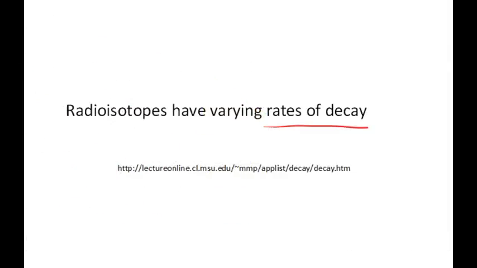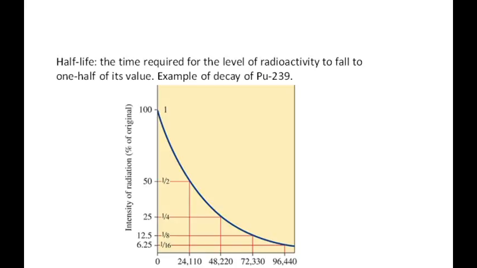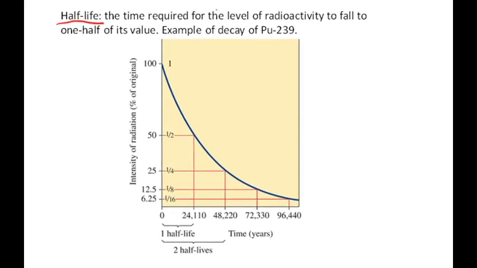So the half-life, by definition, is the time required for the level of radioactivity to fall to 1/2 of its value. In the examples that we just saw, we saw a half-life of 50 seconds and a half-life of 100 seconds. In both cases, the graph looked like this, which is what we call first-order rate kinetics, but the time scale